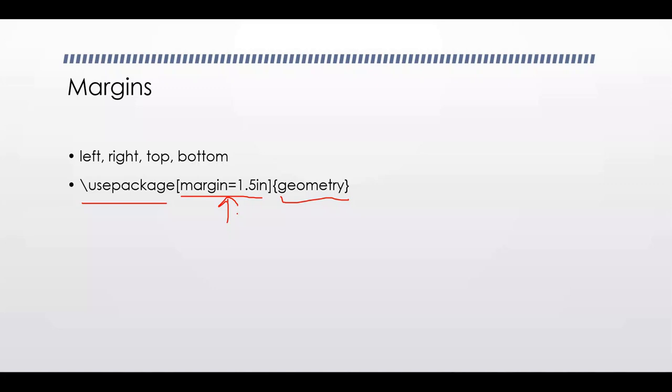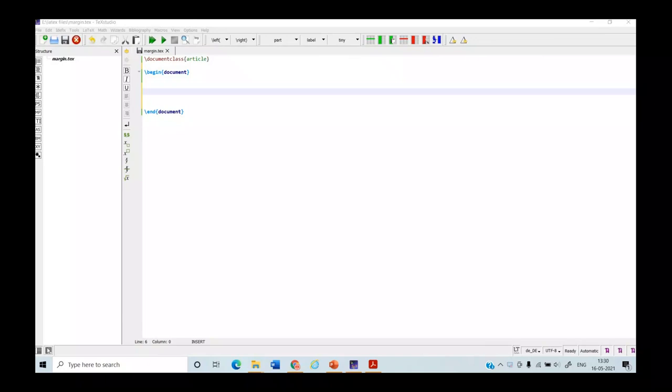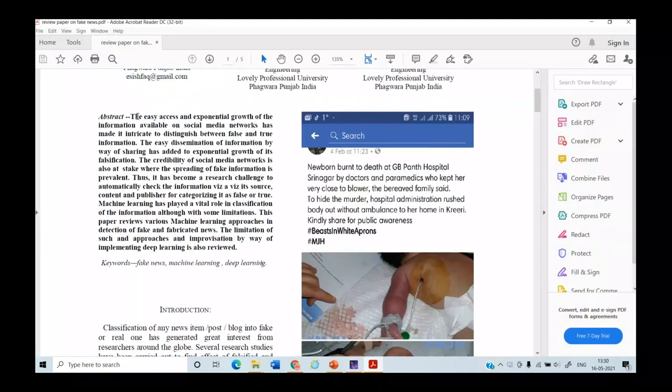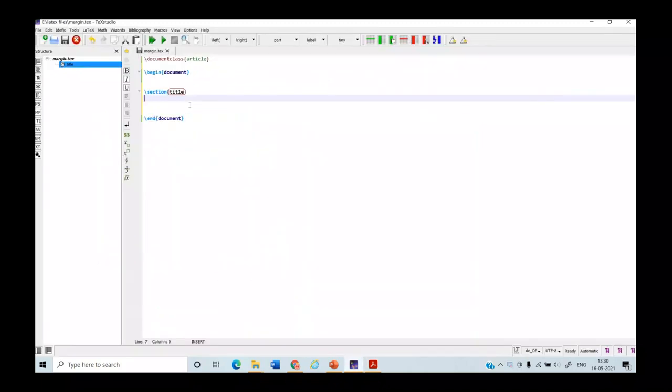Let me show you now a demo part. So let's see a demo. I have a template opened. So let us add some random text with the help of a section, a title, then simply insert some text. Just copy it from here and paste it in this particular section.